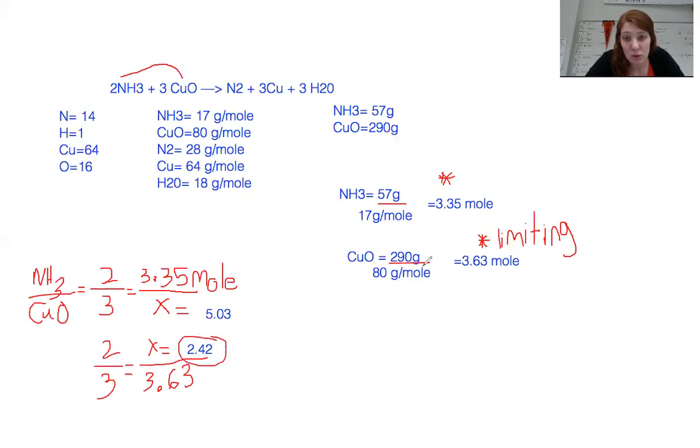So now we have to take this 2.42 and then this 3.35, how much there actually is, and subtract them to find the excess. 3.35 minus 2.42, you should come up with 0.93 moles. And that's of ammonia. Okay? So that is your